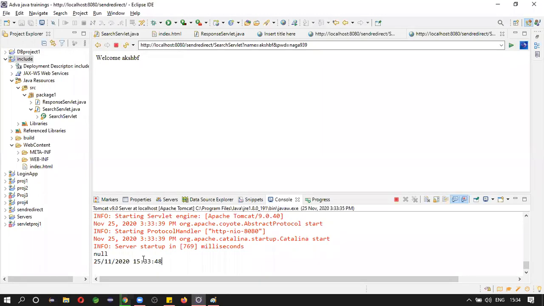By taking the difference between the starting time and ending time, you can calculate the time. If the time exceeds the limit, then you can automatically redirect the user to the logout home page. Okay, so that is how you can give the session time.